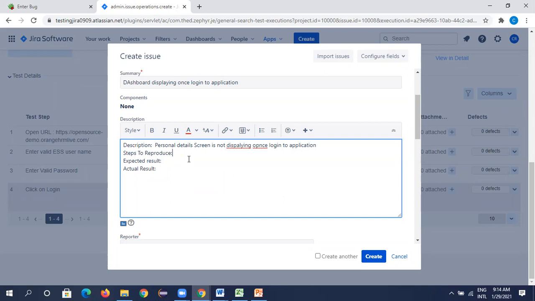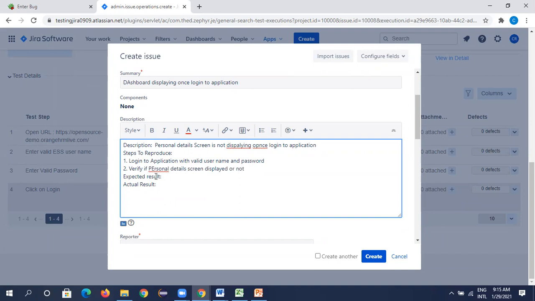Okay, so how to, steps to reproduce? Log into application with valid username and password. Step: verify or check for personal details. Verify if personal details screen displayed or not.